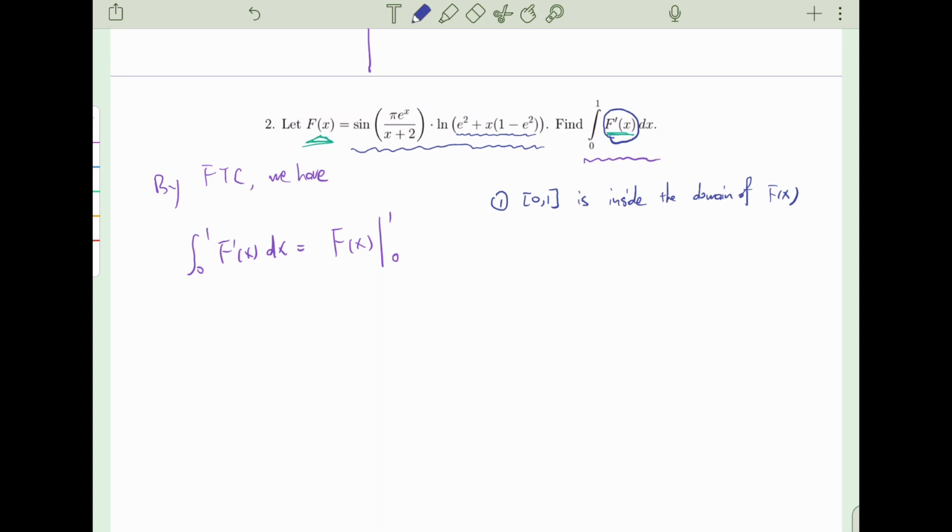You can just rewrite this as, factor out the e squared, then it is 1 minus x plus x, right? x is from 0 to 1, so this expression 1 minus x is going to be greater than 0, and x is also going to be greater than 0, so this whole expression is going to be greater than 0 when x is inside the interval from 0 to 1, right? So this is inside the domain. And then this thing applies, right,